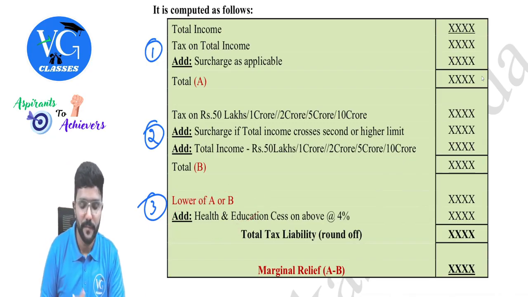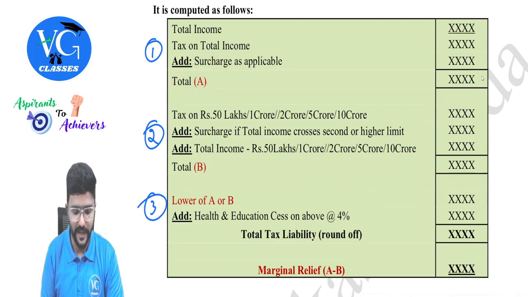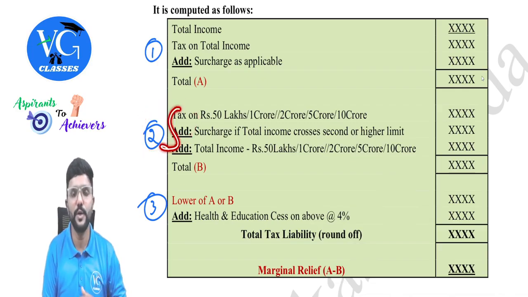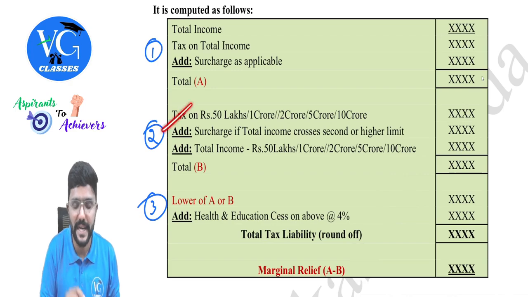So you'll get the total here, and this is the normal calculation, nothing special in this. The second one is important. This we will do only when marginal relief is available. First, calculate in the second step: